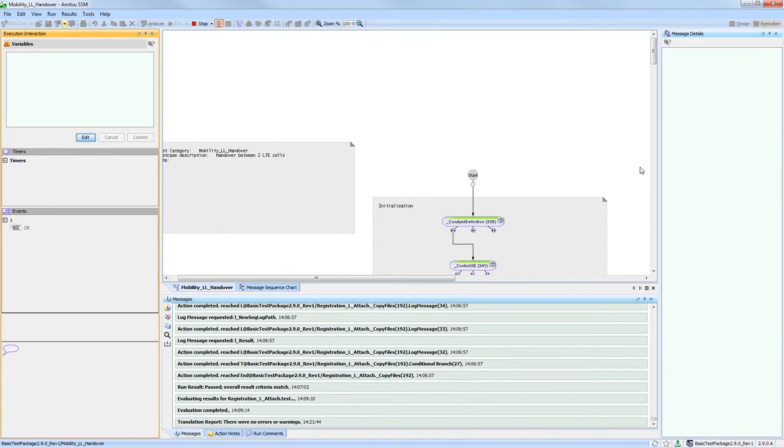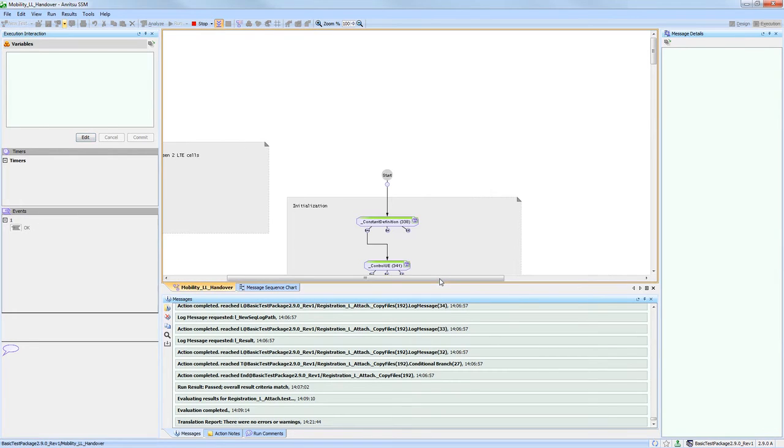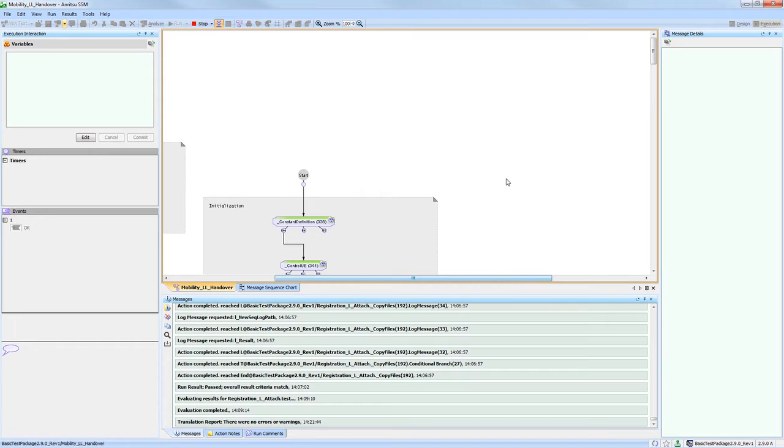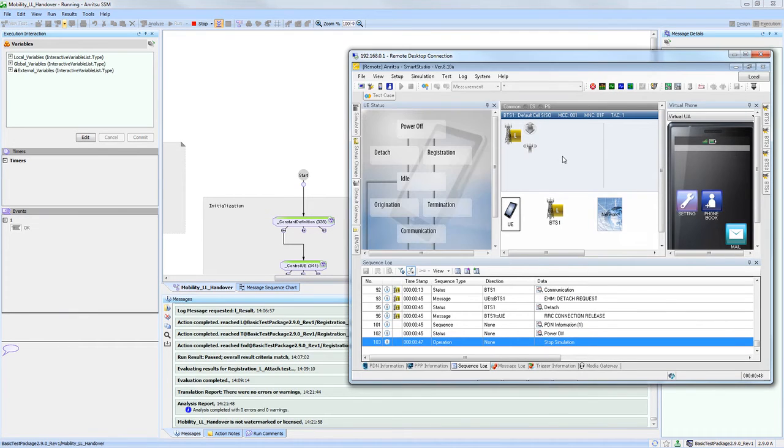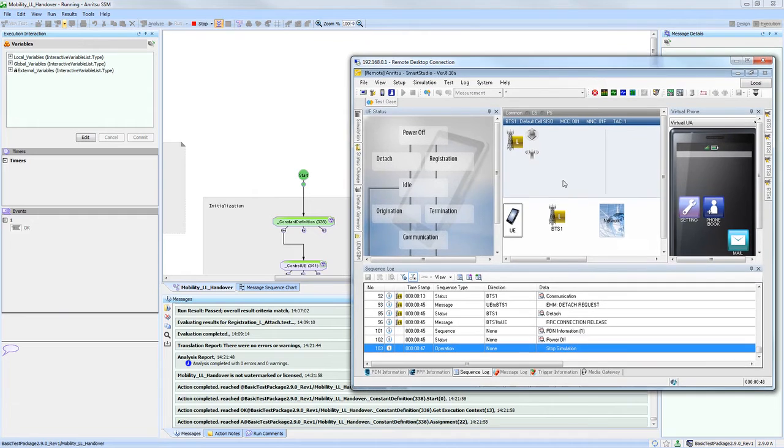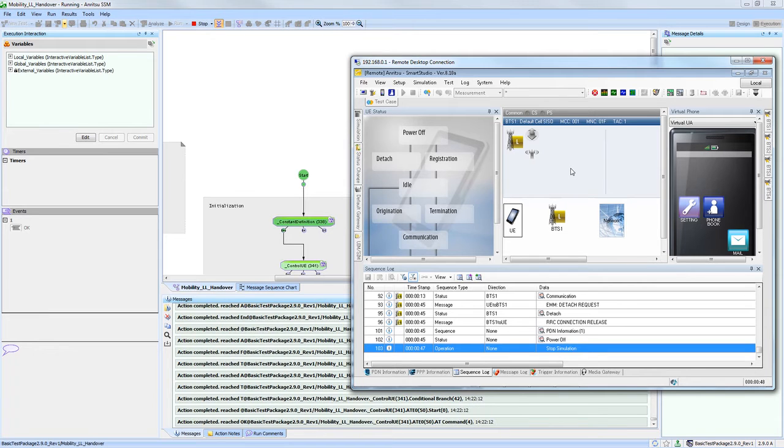Run the test case. Open the screen of SmartStudio to see the progress. So the first initialization phase, the loading of the constant definition, switch off the device,